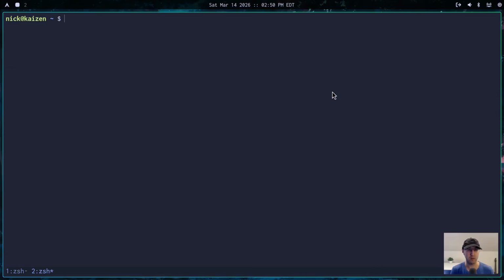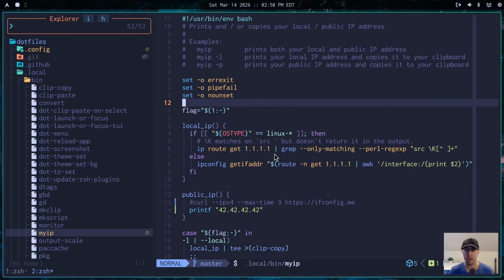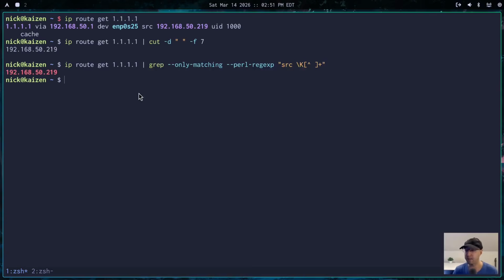So for this one, let me go to my dotfiles, and then we'll go to the main. Nope, my IP is actually where I want to go. I'm just going to grab this just because I don't have it memorized. And there we go. We'll go over this at the end, but yep, okay. So here we can just paste this in, and that is going to give us our IP address, which is